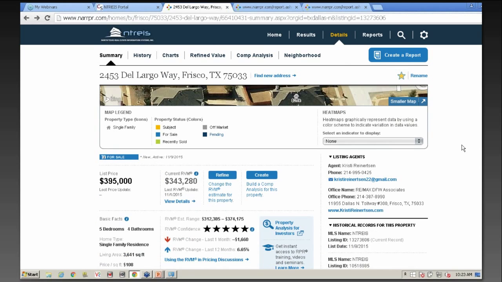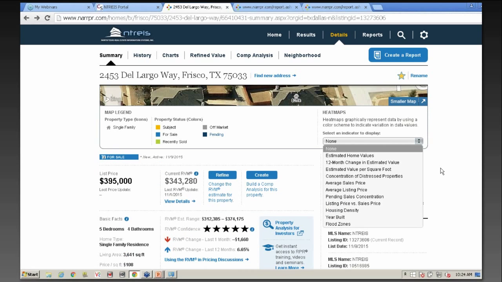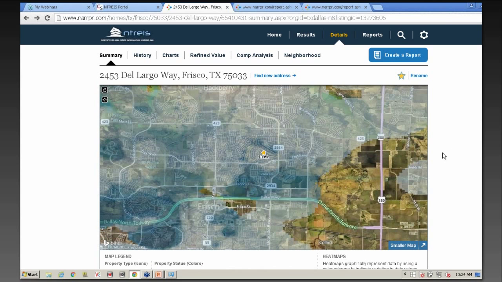We scroll on down. Again, we've got all of the property information that we went over before. It's just been pushed down so that the map is larger. And in the map here are some heat maps. The heat maps show you different topics in the area. So if you want to see estimated home values, a 12-month change estimate, average sales price, average listing price in the area, you can click on that heat map and it will show you what's going on